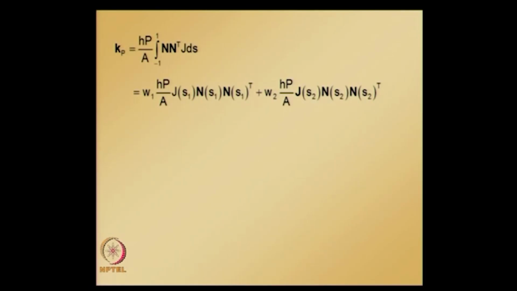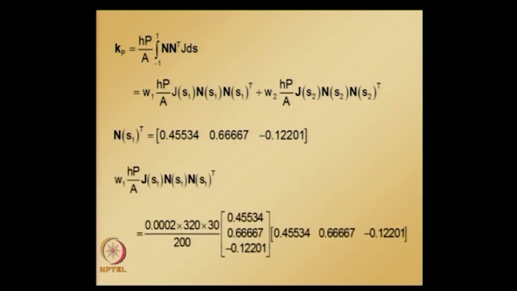And similar to the earlier integral where we evaluated the derivatives of the shape function vector at each of the integration points, we need to evaluate here the shape function vector at each of the integration points, the shape function vector at the first integration point, integrand value multiplied by weight at the first integration point,